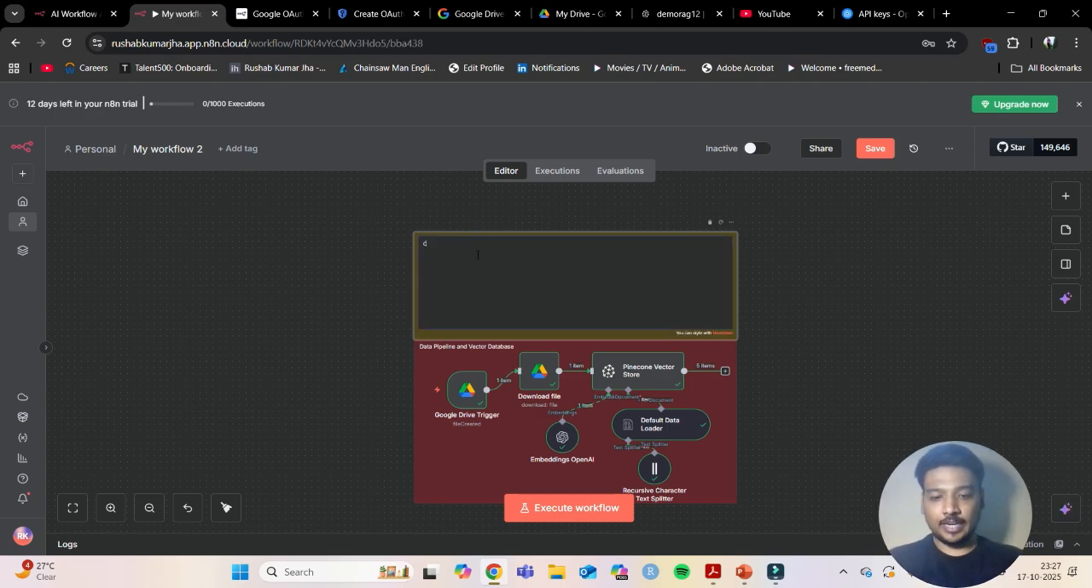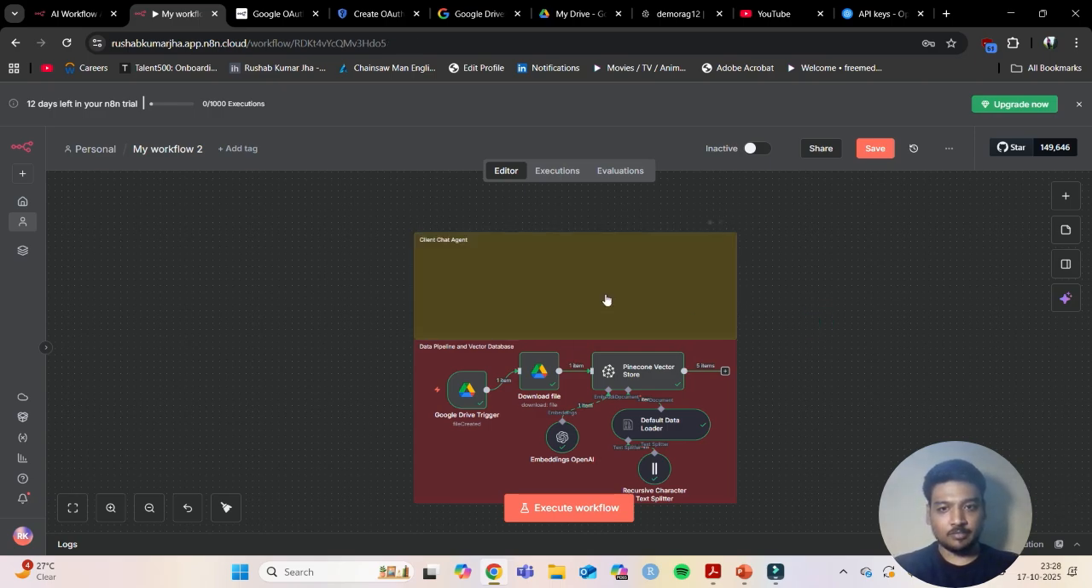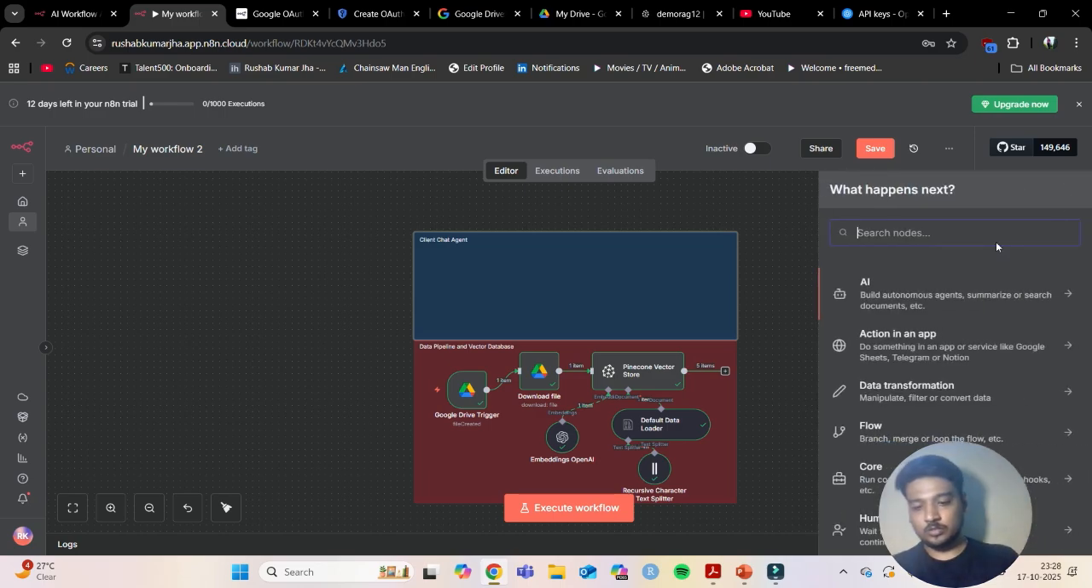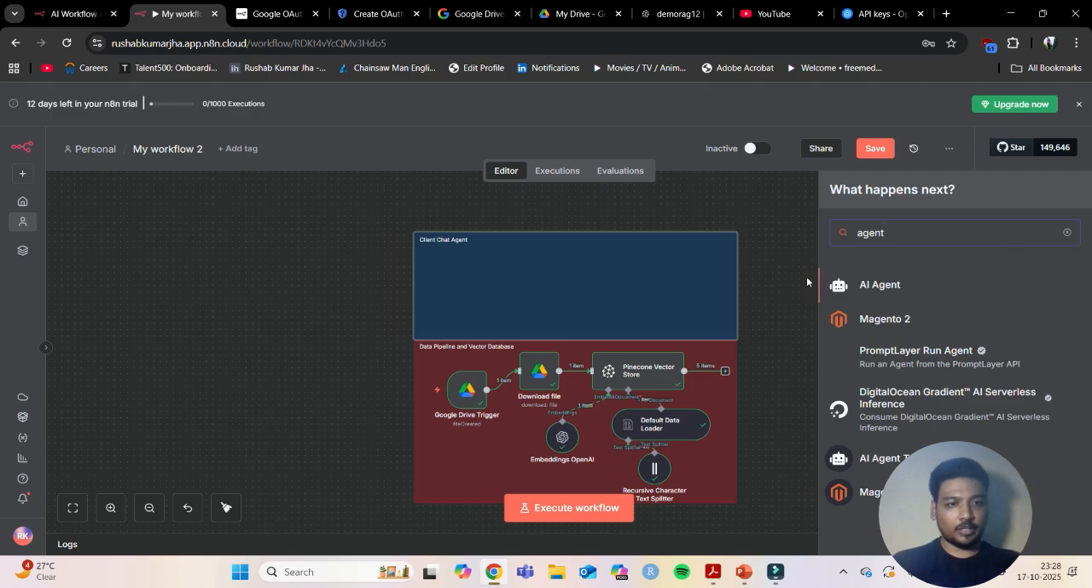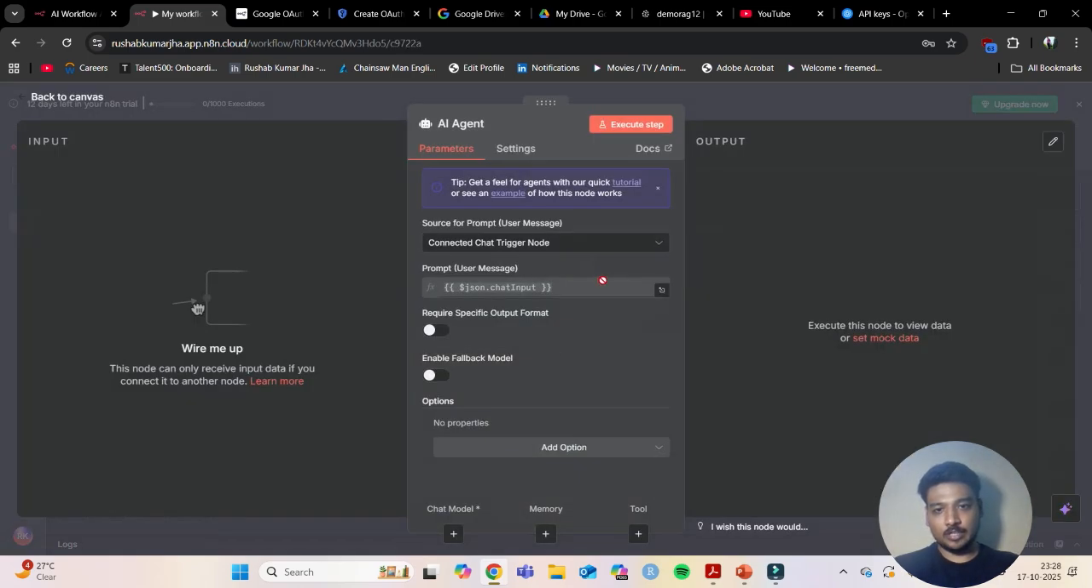So it is client AI agent or client chat agent. Okay, and we'll change the color to, let's say, blue. Okay, for example. Post that, what I'll do is that I'll just quickly use agent, okay, AI agent, and what